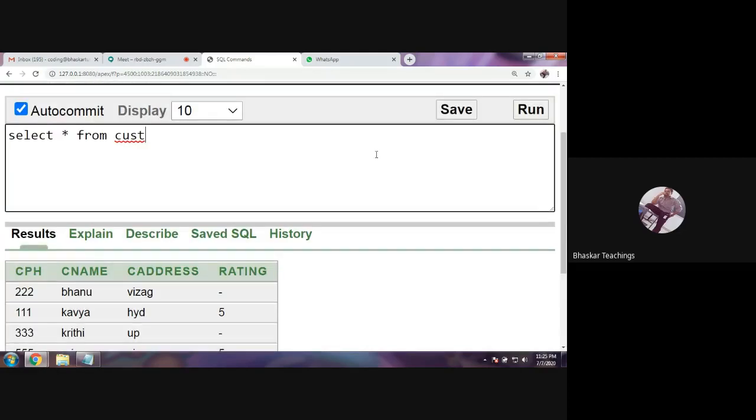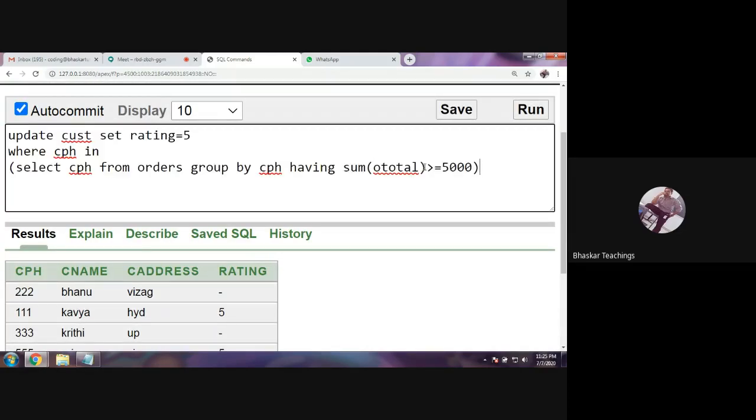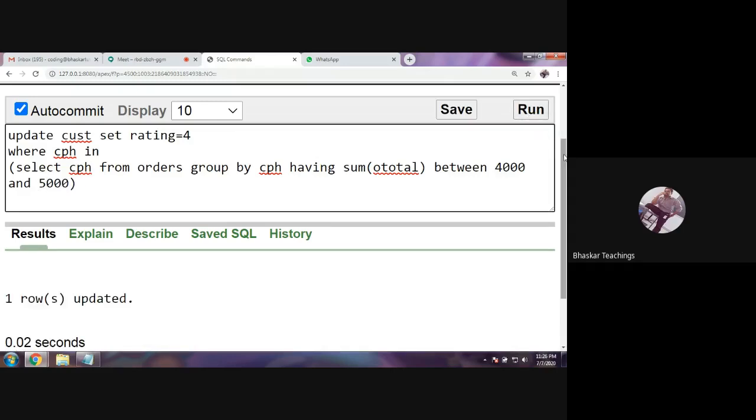Now let's run the next one. Give rating 4 to the customers with the total between 4,000 and 5,000. Use the between operator, between 4,000 and 5,000. If any customers have a total of 4,000 to 5,000, they are allotted rating 4. It gave only one row.